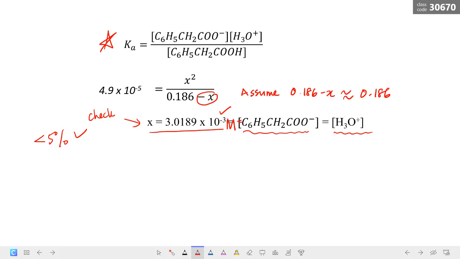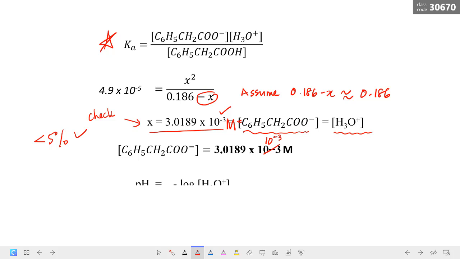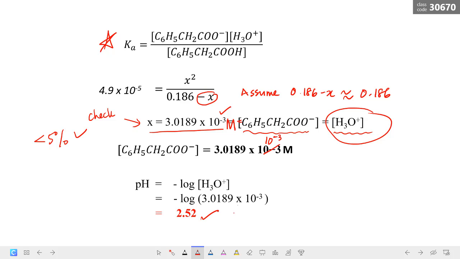And now we are going to calculate the pH. So this is the relationship. Ini jawapan dia tadi. Cuma exponent tu je. Okay. And calculate the pH. pH equals to negative log concentration of hydronium ion. Therefore, the pH is 2.52. Okay. So settle untuk